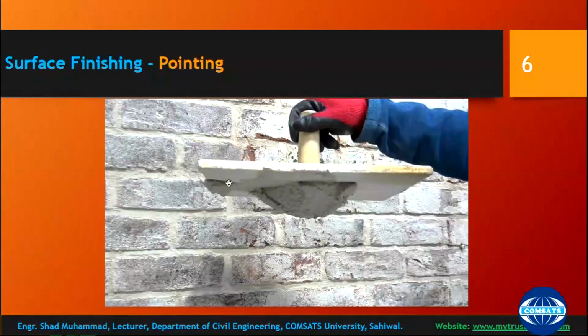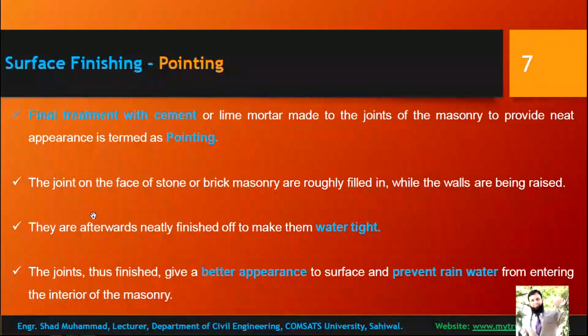Some regular thickness. By using tools you can ensure that the thickness of the pointing layer is uniform. All right, surface finishing: pointing. The final treatment with cement or lime mortar made to the joints of the masonry to provide neat appearance is